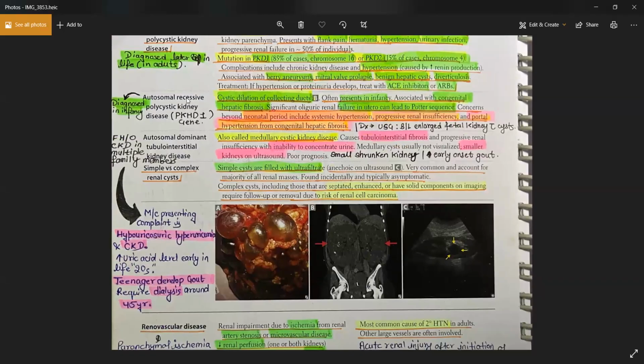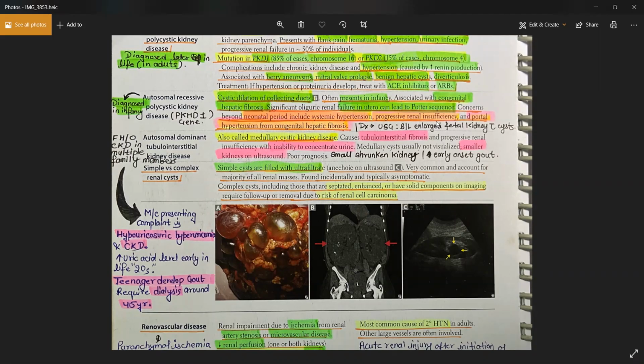Then you have autosomal recessive polycystic kidney disease. Please note the cysts are formed from the collecting ducts. The collecting ducts in the kidney form cyst-like structures. They occupy the normal parenchyma, causing kidney damage, and ultimately the patient will have renal failure. It presents in a very early stage, already in infancy. It is also associated with congenital hepatic fibrosis, so the patient will always have a history of portal hypertension and then kidney failure. They will have systemic hypertension at a very early, neonatal stage.